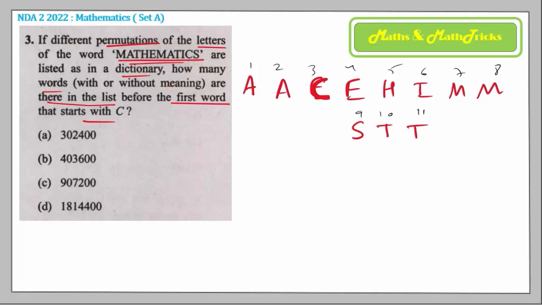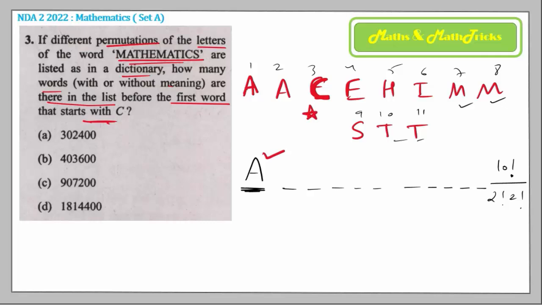Now you have to arrange these letters in the process of forming the word mathematics, but you have to find out in the dictionary how many words are there before the word which starts with C. So you try to make, in alphabetical order, the number of words beginning with A. When you fix the first letter as A, how many places are left? 10 places, which are 10 ways, 10P10, that is 10 factorial. But in that there is a repetition of letters, M twice and T twice, so I should divide by 2 factorial, 2 factorial. Now, once you are done with all the letters that begin with A, now the turn is for C.